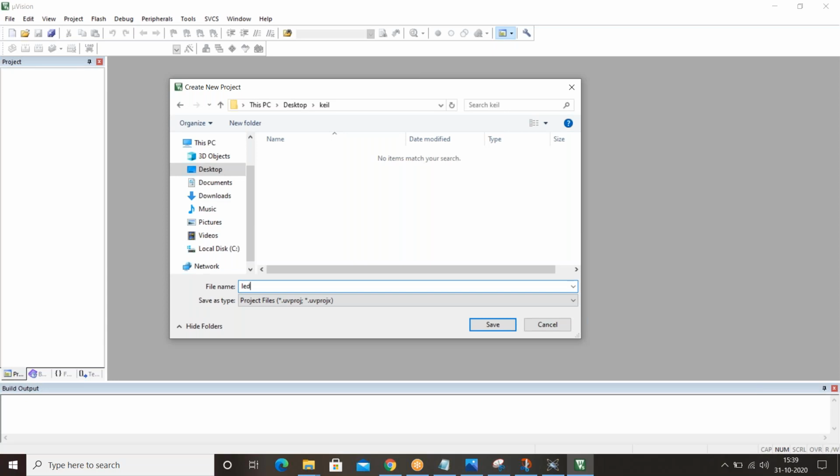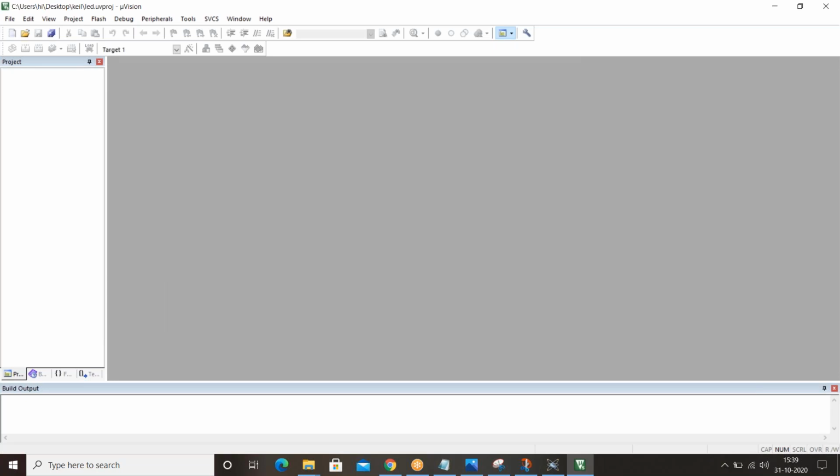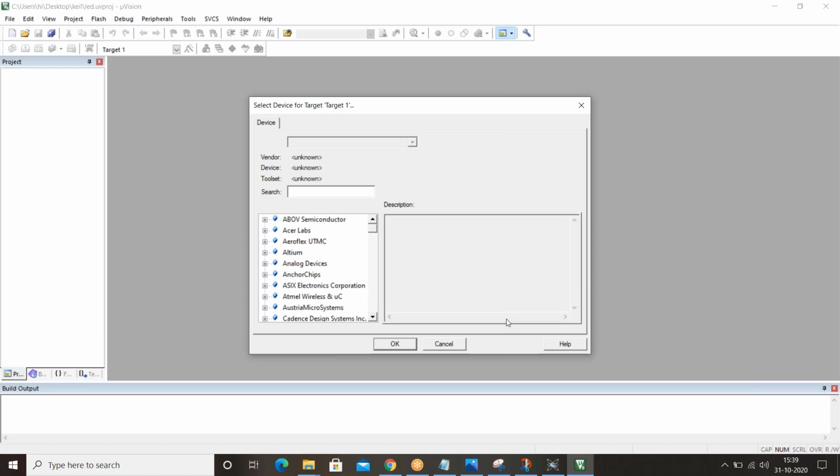Keil will convert whatever code we have written into hex code, and in Proteus 8 we have to select that hex code. The hex code will be stored in whatever folder you save. Here, this PC, Desktop, Keil, I'm saving it as LED. You can use your own name, it's your wish.